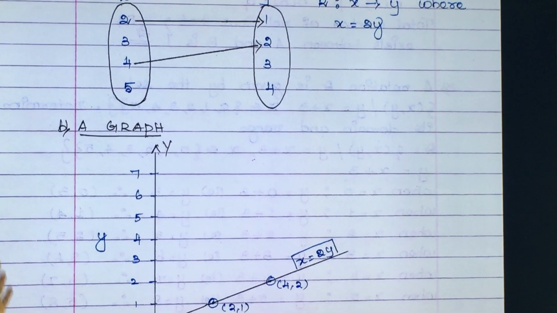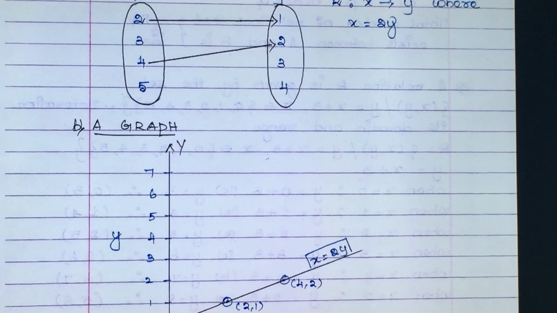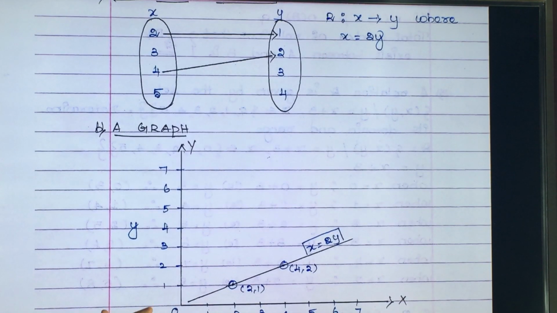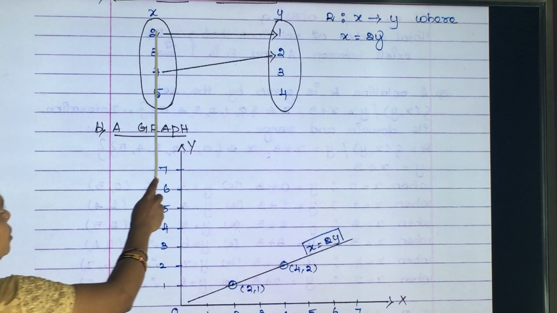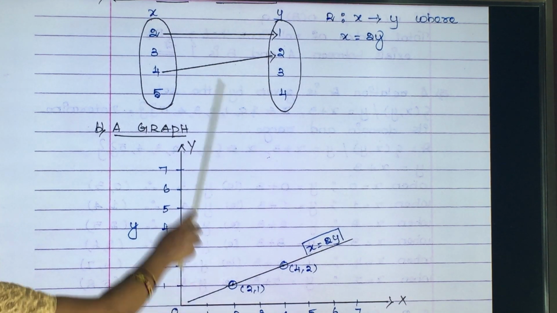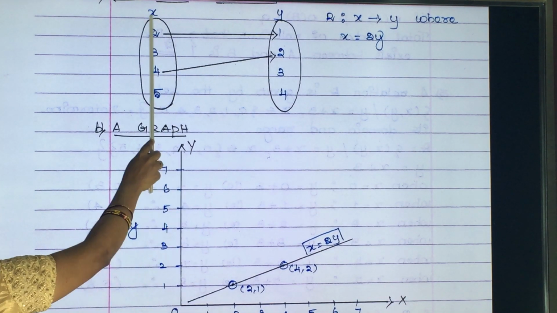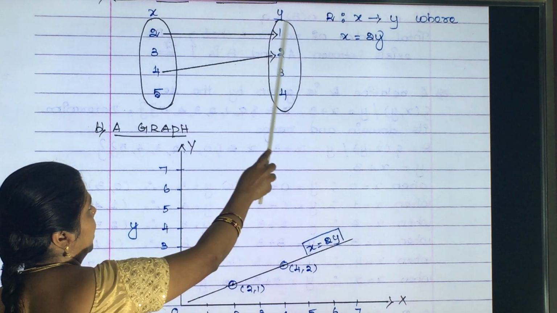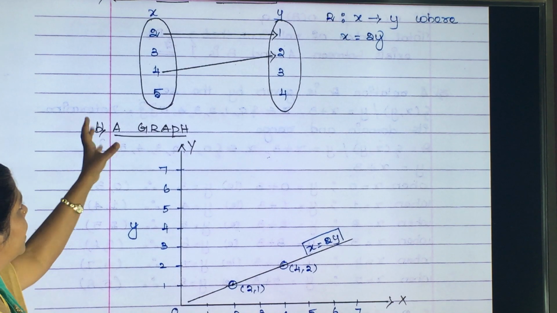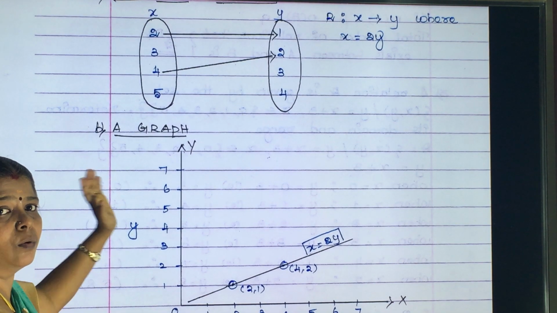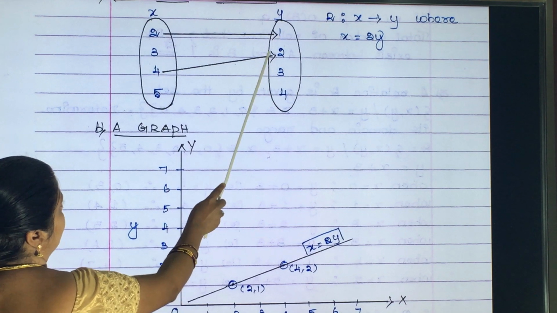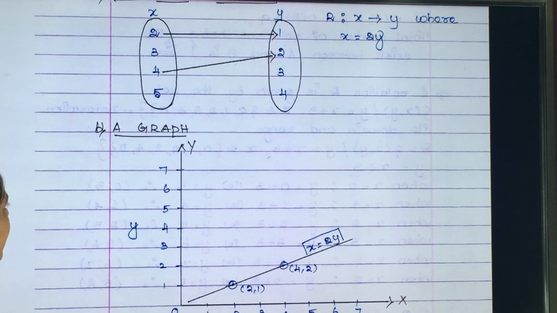So in the previous page, we have seen that in the relation we have got only 2 ordered pairs. What were they? It was (2, 1) and (4, 2). That's all. So you write the elements of x and the elements of y over here, and in the relation, whatever was possible, only that you will map. Only that you will show in the arrow diagram. So 2 to 1, 4 to 2. That's all. This is the arrow diagram.